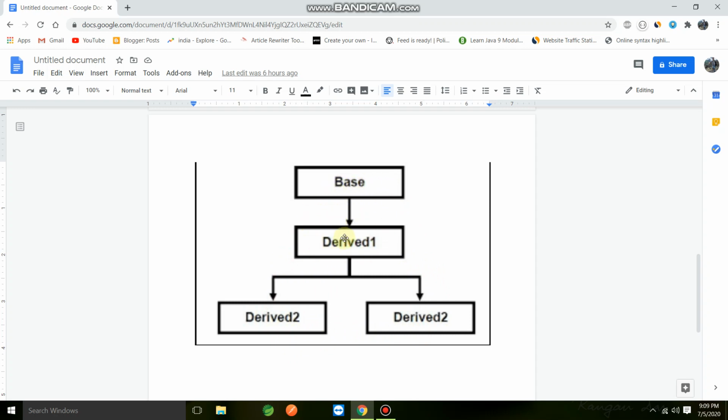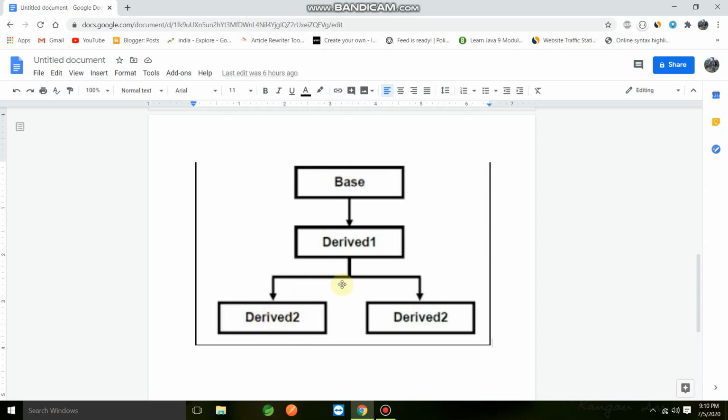So there is one more inheritance type. If you see this base class, then we have this derived class, and then again we have this derived 2 class. So we have three classes. Basically, this particular class, derived 2, has two parents, right?